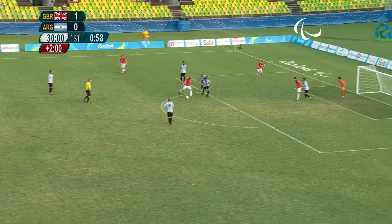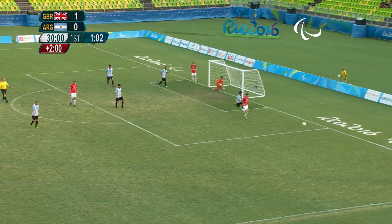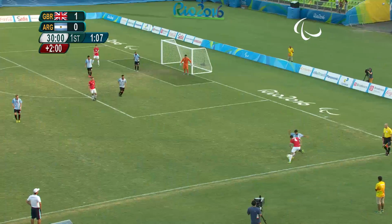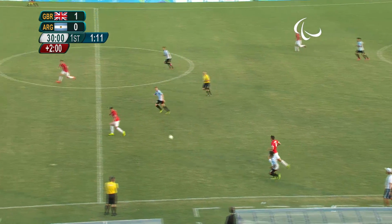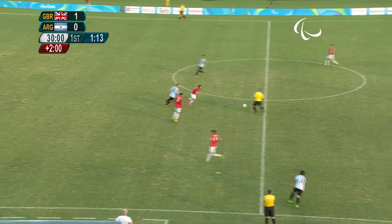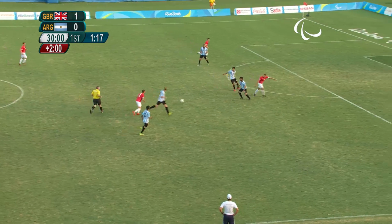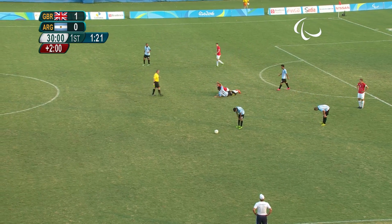Rolled into Barker. There's the turn. All deflected into the path of Crossen first of all, and then Levy. Tight angle for David Levy, but a chance. And Irons was in the right place at the right time there, because Argentina did have men forward. Oh, and that Irons went off his feet, and that was...